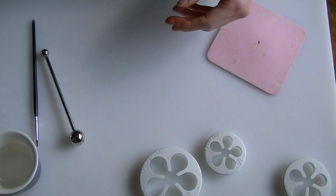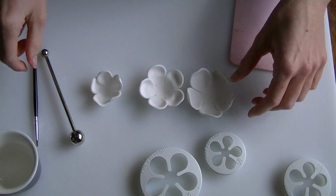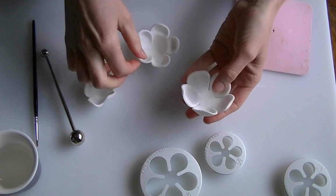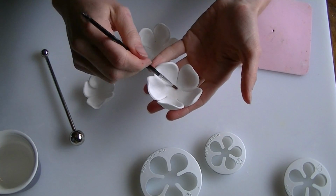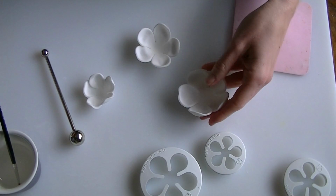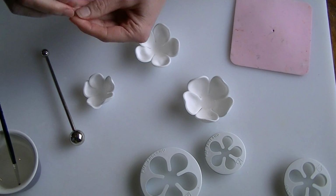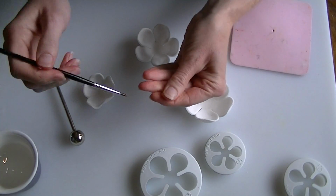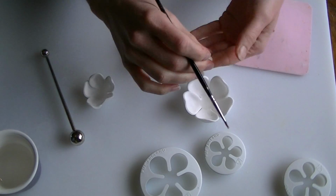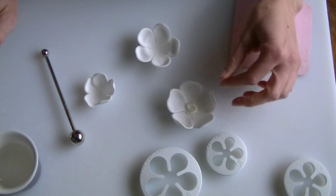Okay, so I've got some that I did before and these have hardened. So what I'm going to do now is just put them all together. Just work out where you think looks best, and just put a little bit of water in the centre. Now if you've got royal icing you can use some royal icing. I've not got any made up, so what I'm going to do is just take a little ball of fondant that I'm just going to mix with a little bit of water just to make it sticky. I'm just going to push that in there, just making sure it is wet, and you can use edible glue,